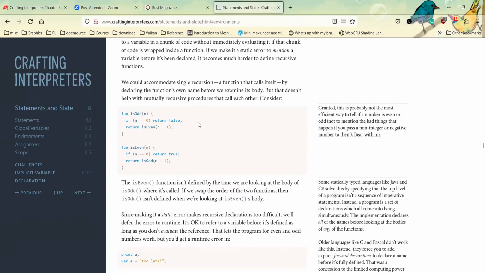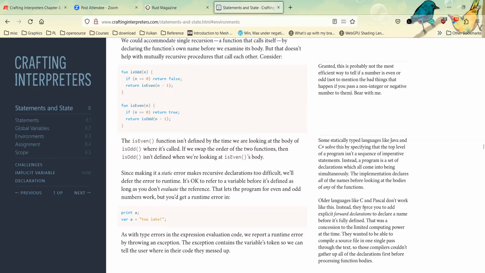And various languages use various strategies. For example, a language like C has forward declarations, and some other languages like Java or C# or Rust, they just say all the top level functions are special.